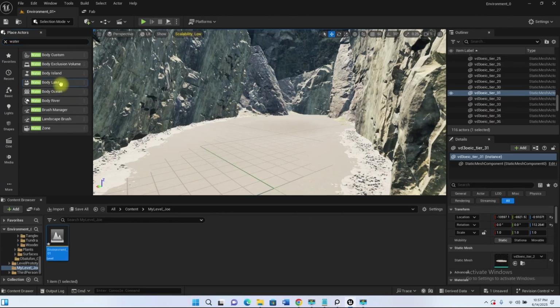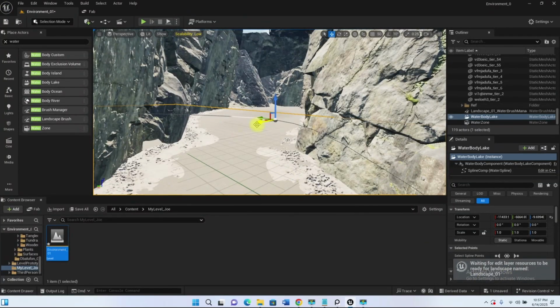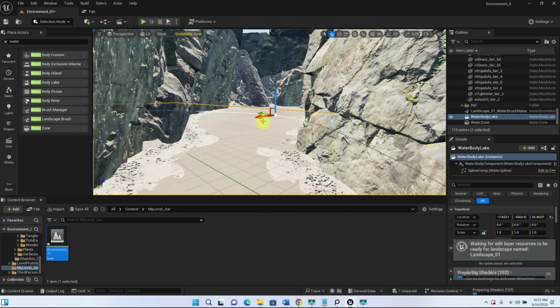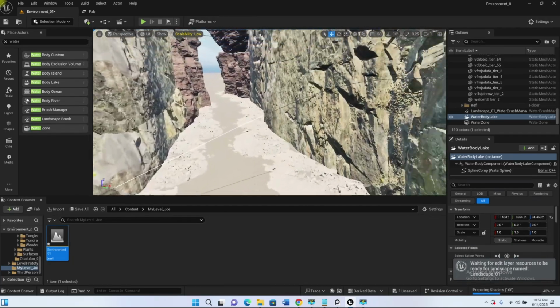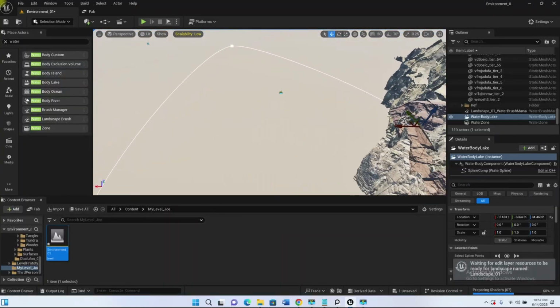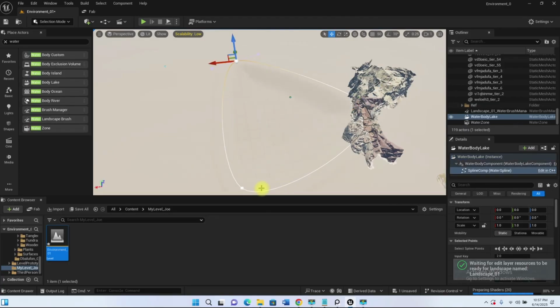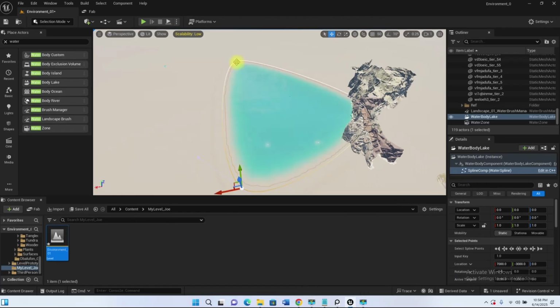So I'll bring in lake. I'll just drag this right here. As soon as I let go, the shader will try to quickly update for me to see the water material. So just wait for it to update, and once it's done updating, you will see the water material. It's updating right now. While that is updating, if I just move here, you see the size of the lake. It's such a large size,